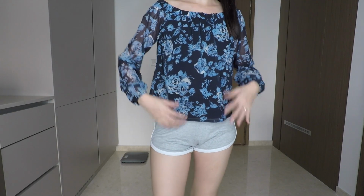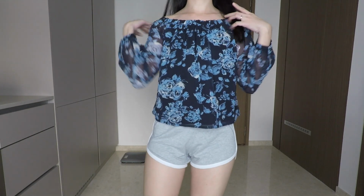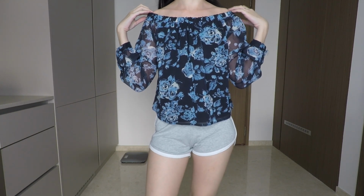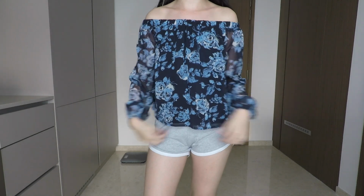This next piece is a love. Okay, just ignore this. I'm just wearing my home shorts. So you might be wondering why it's balancing here. This is exactly how I wear it, which is the main reason why I wanted to declutter this at first, to give it to my friend